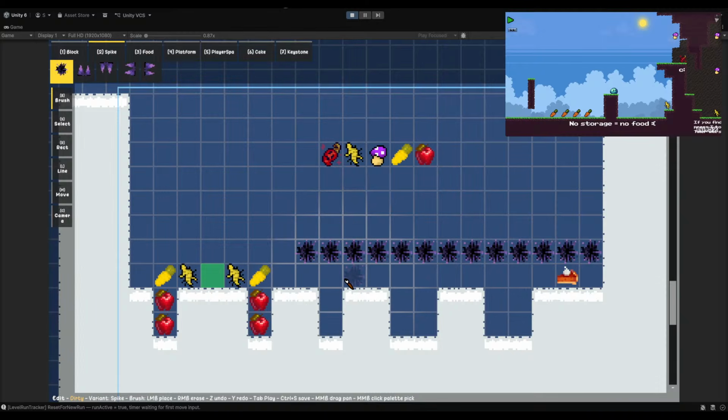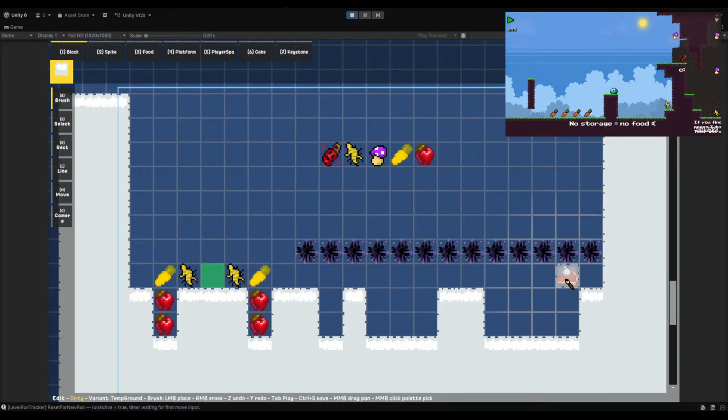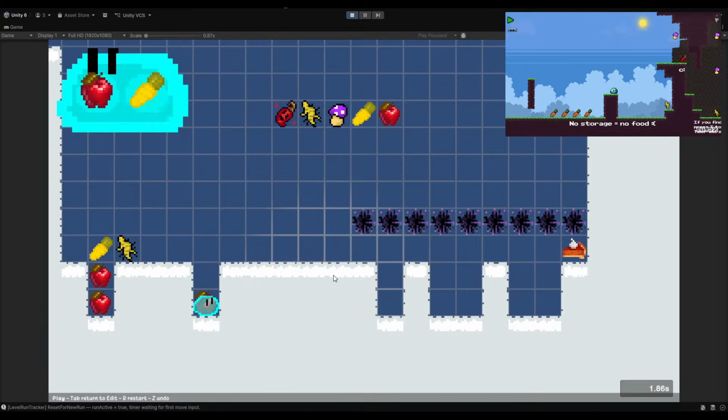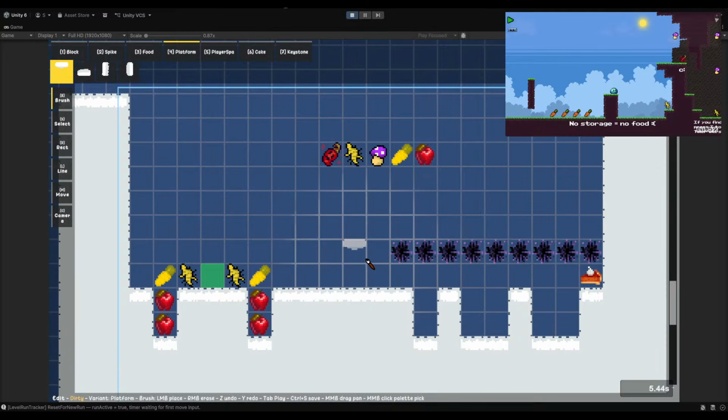Right. Obviously, that's possible because apple is still a long enough dash. Unless if we make these shorter. There we go. That's what we need to do. We need to make each of these shorter. So you only stand on one block gap. And we'll have to test this too to make sure it's actually solid. So obviously this one you can use apple, which actually, you know what, don't want. I want to say only pear for the first one.